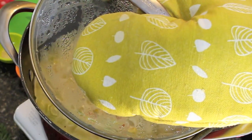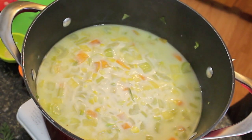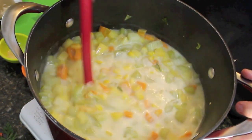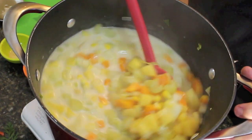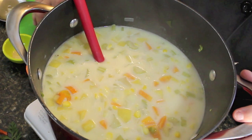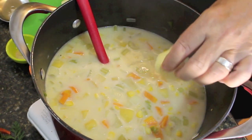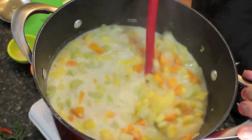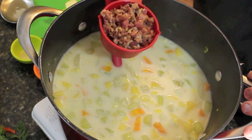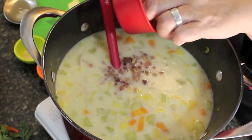Okay, lid off again after about, say, 5 minutes, till it starts to get that temperature again of boiling. You can see they're bubbling. And what I'm going to do now, I'm going to add in there, just look at this, isn't that just lovely? I'm going to add in there another tablespoonful of butter. We did one when we was frying the onion, and now we're going to put that one in there, and we're going to be putting in a 1/2 cup, leaving out a little tiny bit for garnish unless you got lots of bacon done,